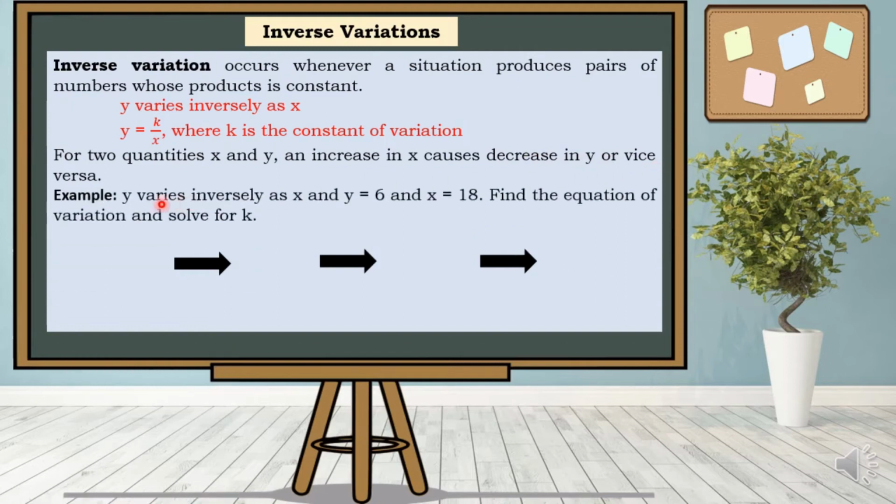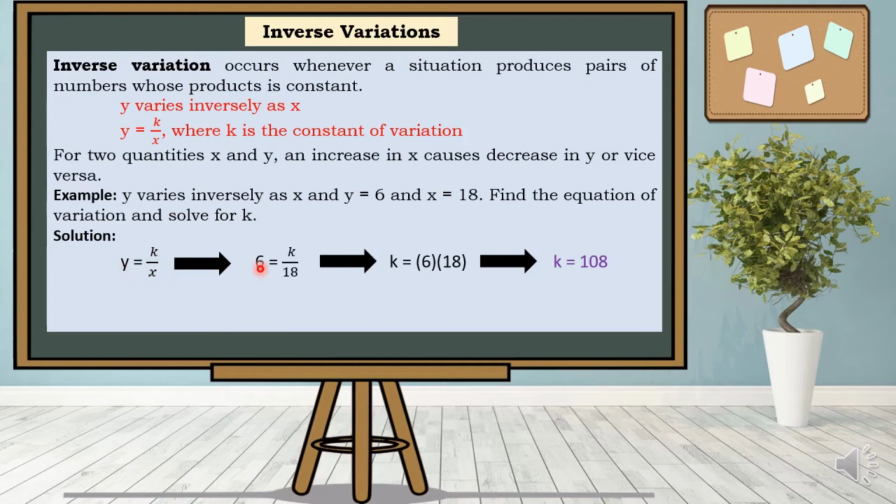For example, y varies inversely as x, and y is equal to 6 when x is equal to 18. Find the equation of variation and solve for k. First, we are going to find k. The statement y varies inversely as x means y is equal to k over x, and substitute the values of